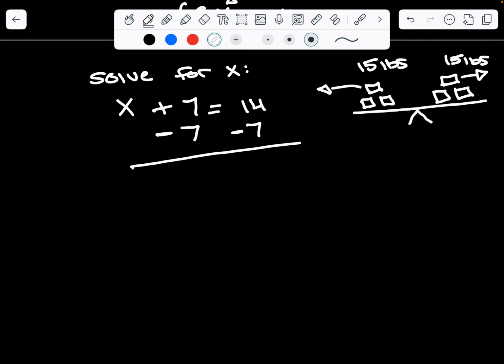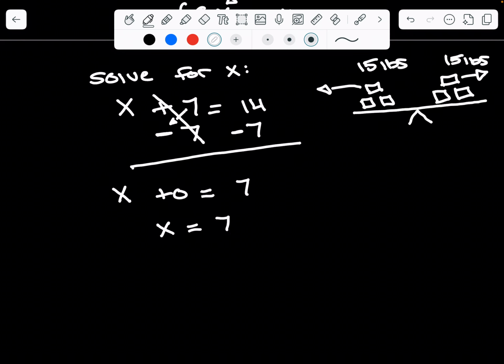I draw a line here. Now let's simplify some things. I'm always going to work left to right. So on the left-hand side, I have not done anything to my variable, my x, so I'm going to bring that down. And then I'm going to take positive 7 and subtract 7 from it. 7 minus 7 is 0, so I can cancel those out. Or if you wanted to, you could rewrite this as x plus 0 is equal to 14 minus 7, which is 7. I could rewrite this because 0 has no value here, so I could rewrite this equation as x